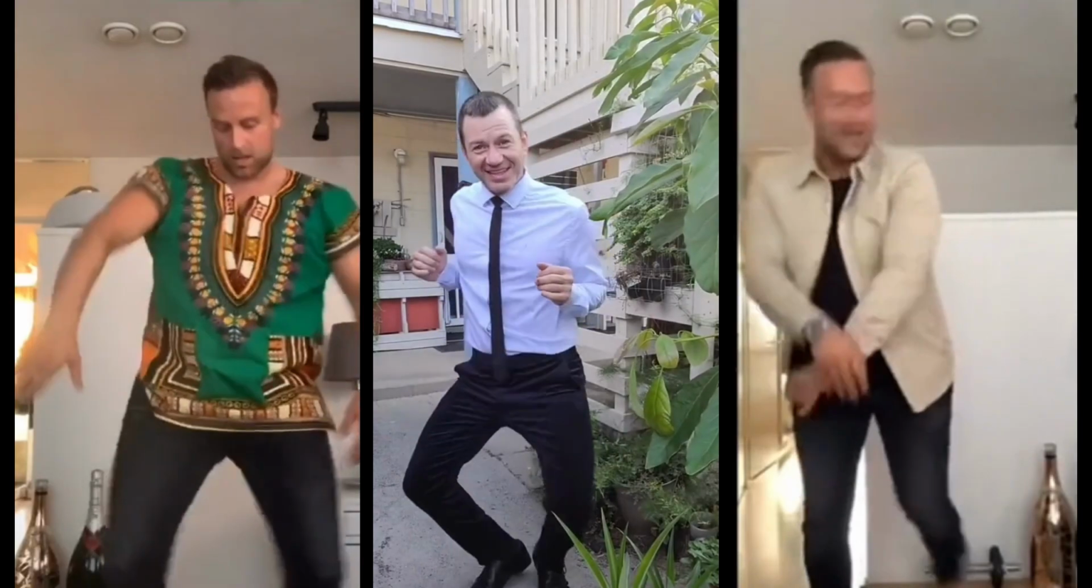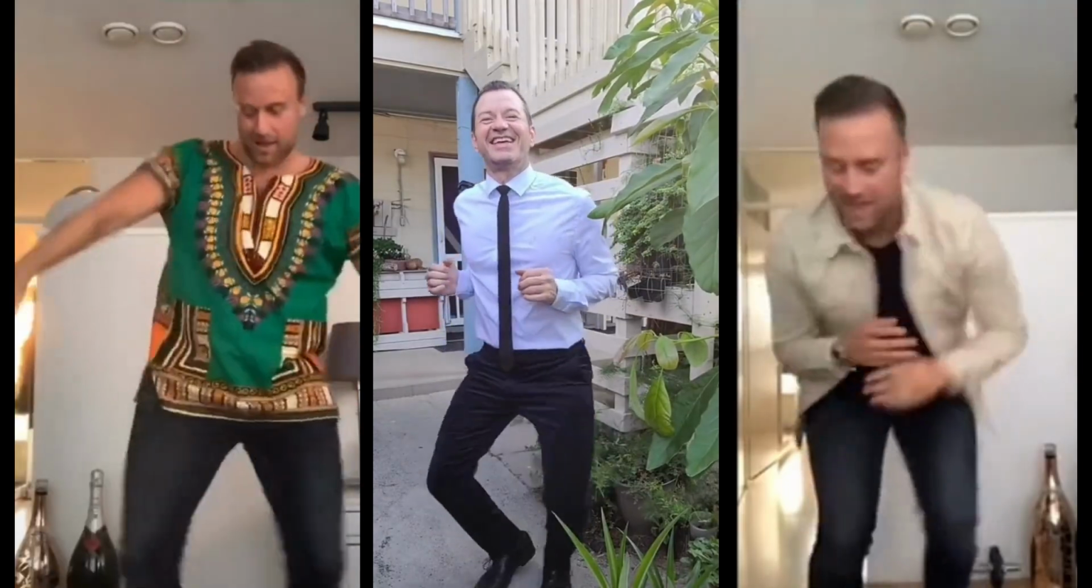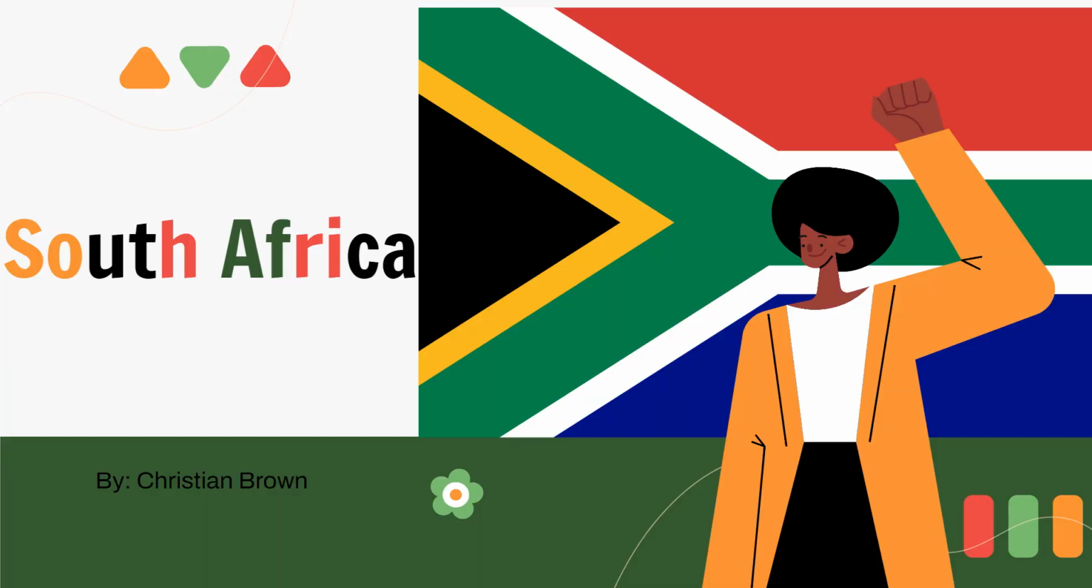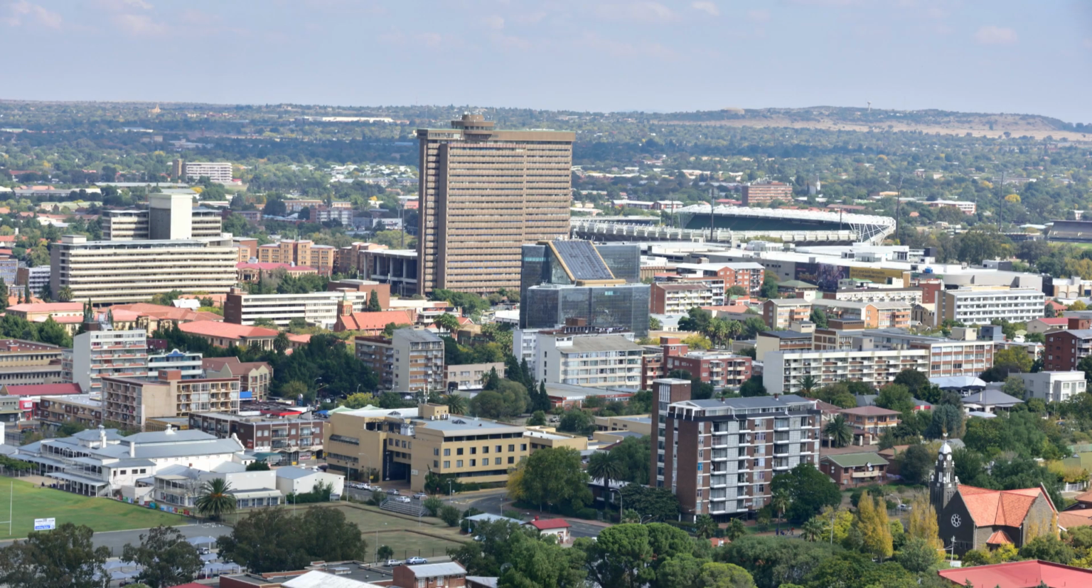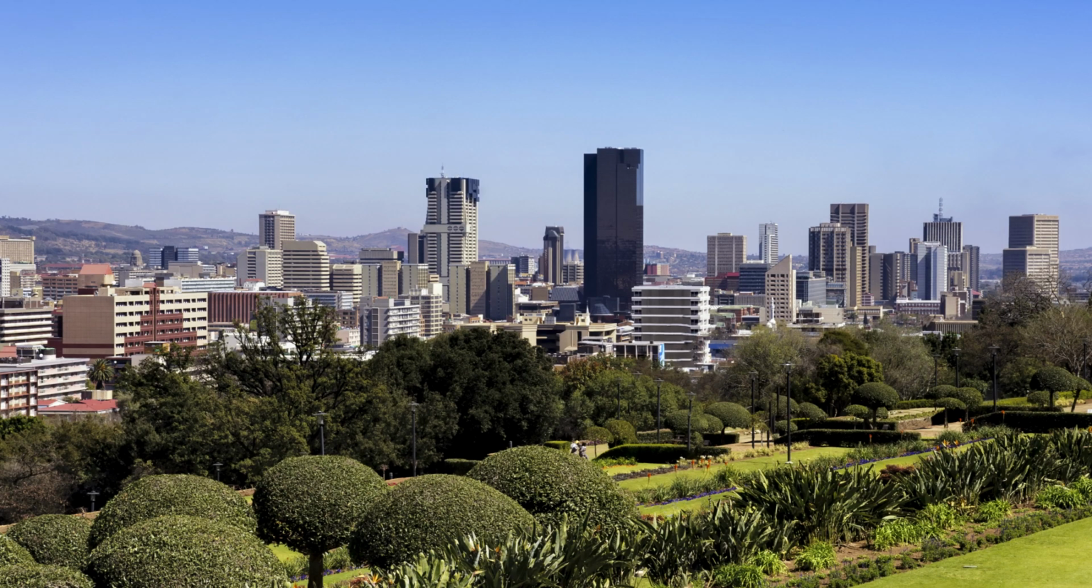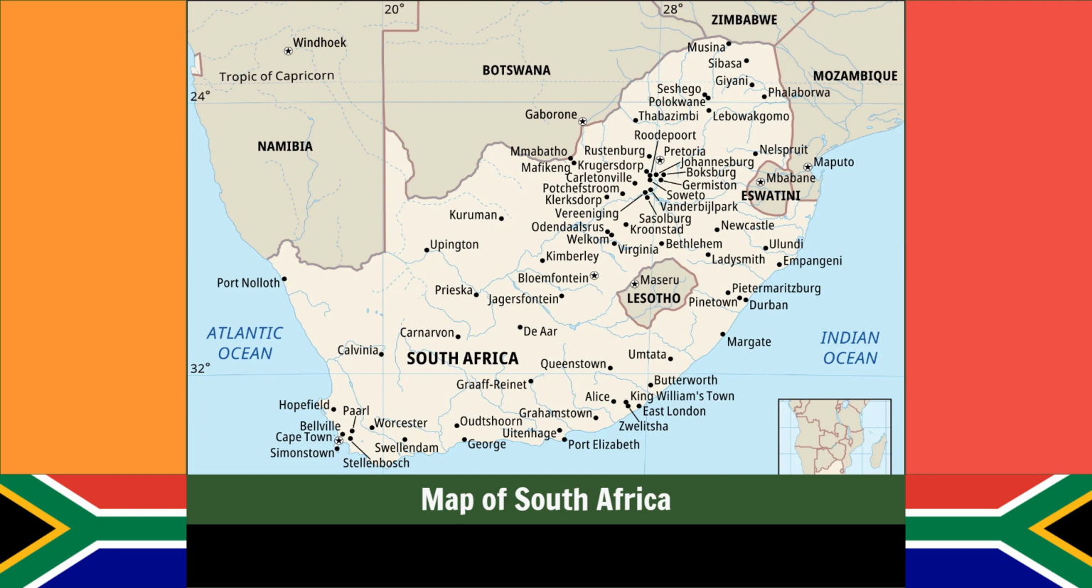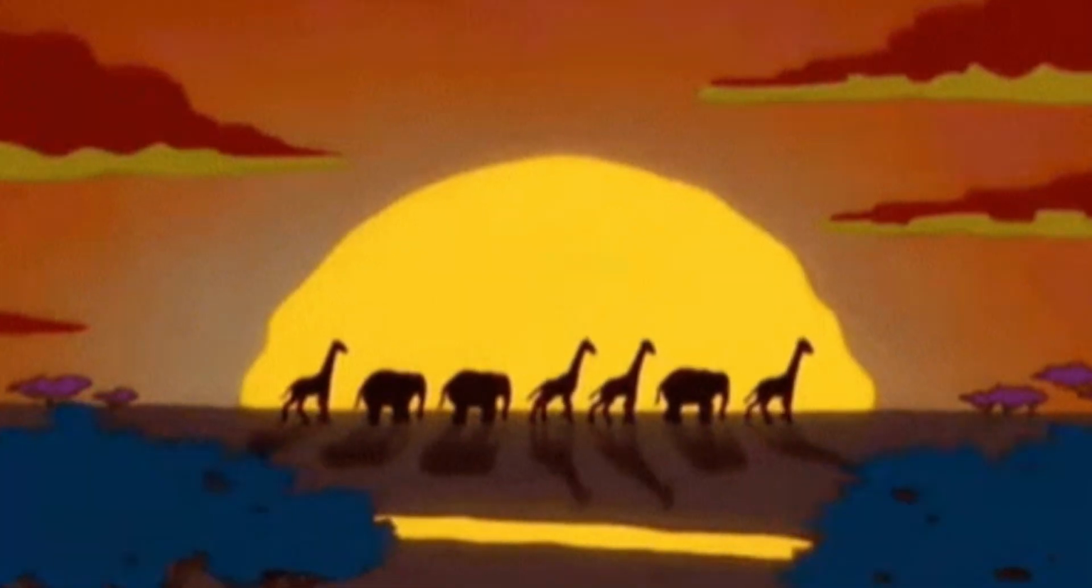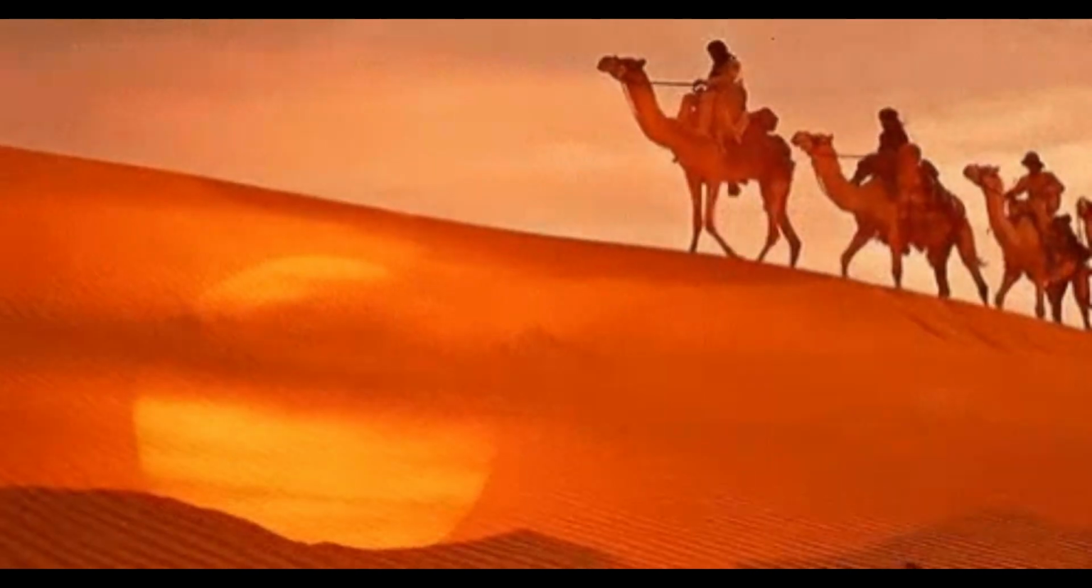Hello, and welcome to South Africa. This country consists of 3 capitals: Cape Town, Bloemfontein, and Pretoria. There are many other regions to explore. When talking about a country, it would be good to start with their history. Our journey begins